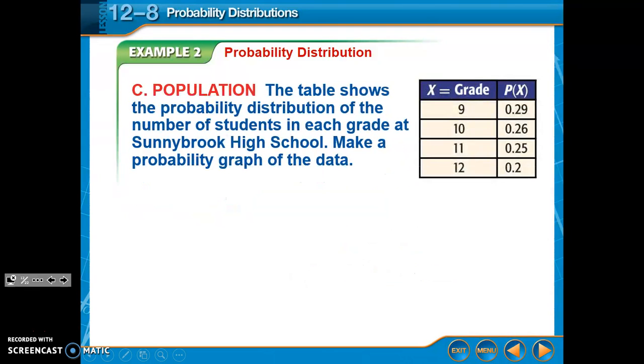The last part says make a probability graph of the data. What a probability graph does is it takes what I'm looking for, my x, so this is like a p of x, and this is x, and I graph these. I make a bar graph. So I'm going to have 9, 10, 11, 12. And when I do this, I'm going to have on my axes, we'll say